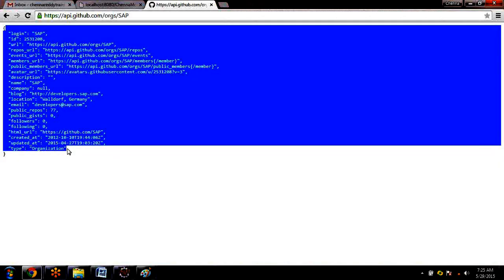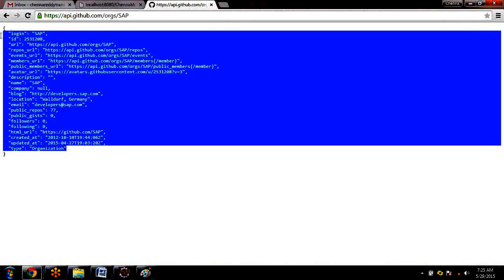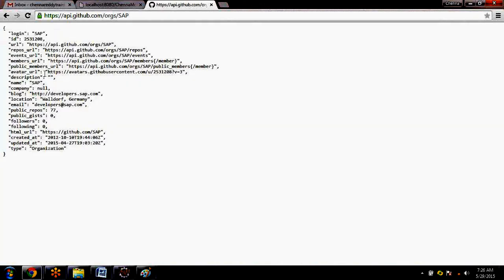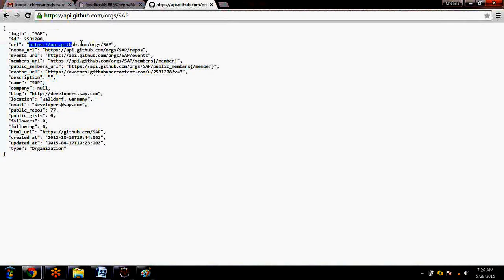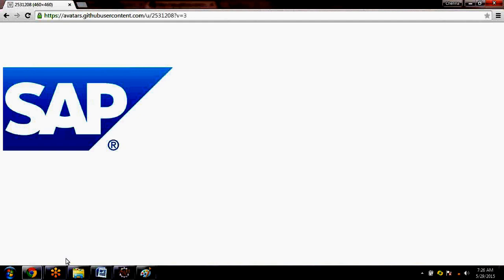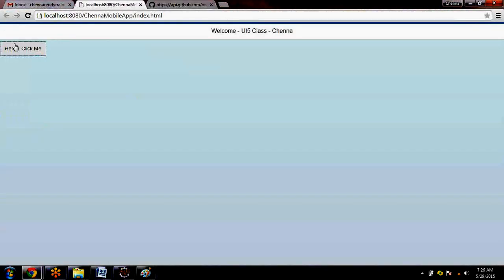Our goal is how to use this kind of data if someone is returning it. So I'm going to use this avatar URL for my button, and I'm going to use this URL as part of the label. That means I'm having a button label. I'll be getting the image. Then this URL is going to come as a label. Okay? Fine.